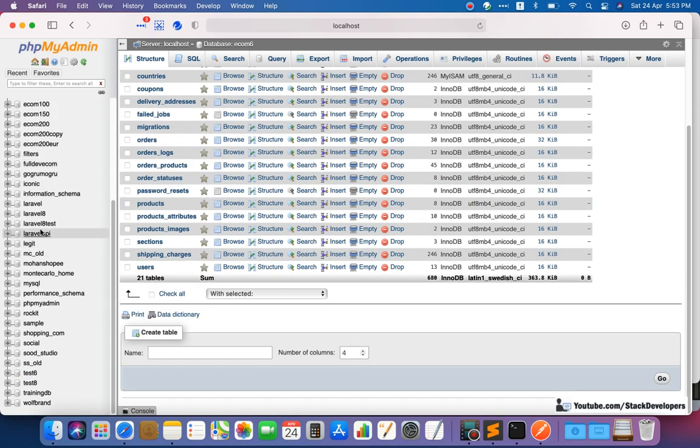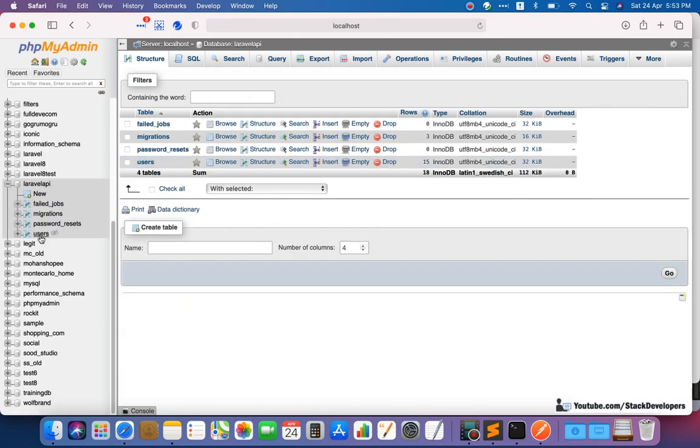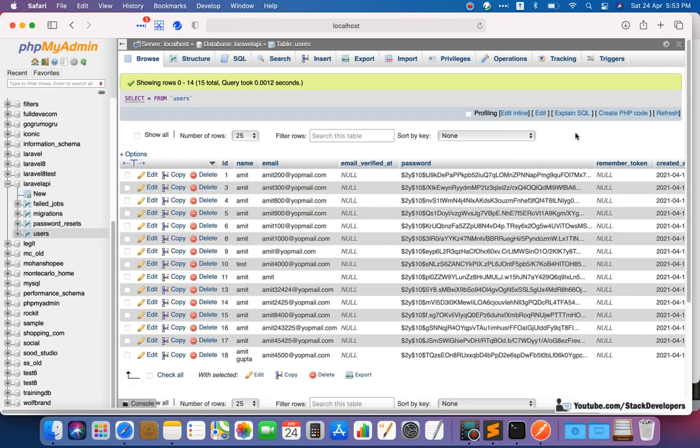Here we will check our Laravel API. Here we can see the users table that we have created earlier in the beginning of the series. If we want to delete one user, or if we want to delete multiple users, then delete API will come into play.